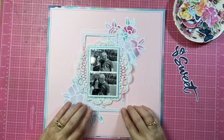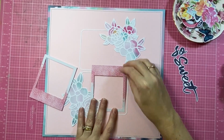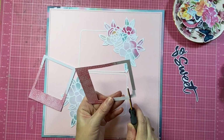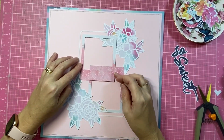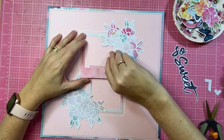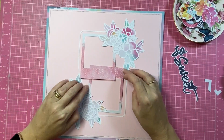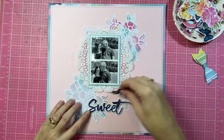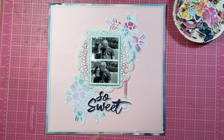I did have a couple of these photo frames. They're kind of like a Polaroid picture frame, and I did have two because I had opened a couple of packs of the die cut ephemera pieces, so I'm going to use both of them on this page, and I'm going to tuck them under the florals and leave them sort of inside the frame part just to add an extra layer of detail. Now I did also decide top to bottom I'm going to run the frames top to